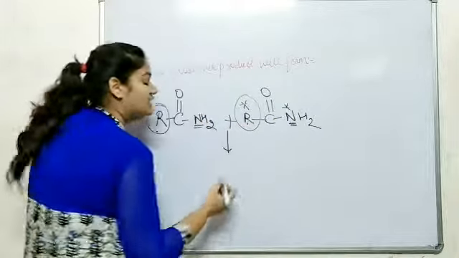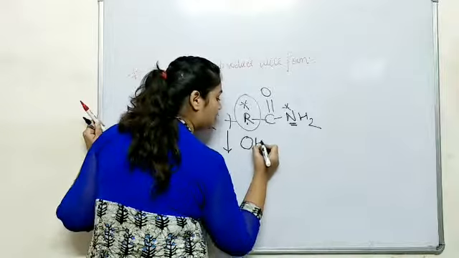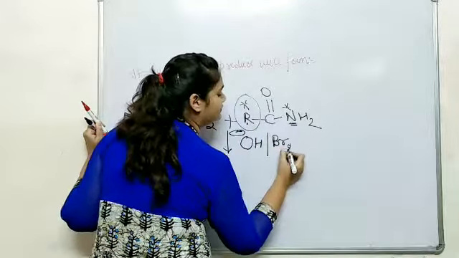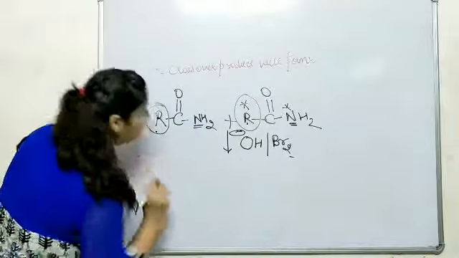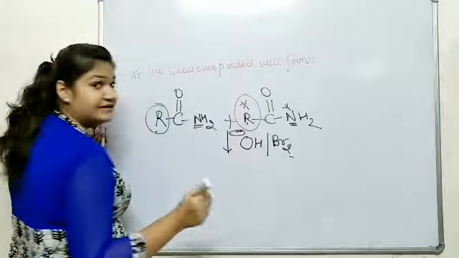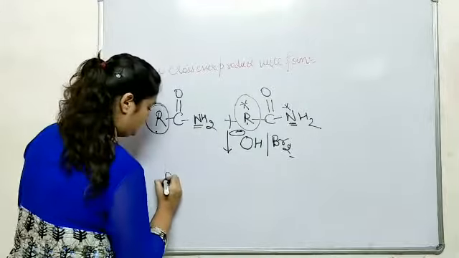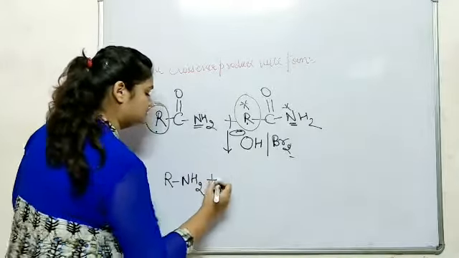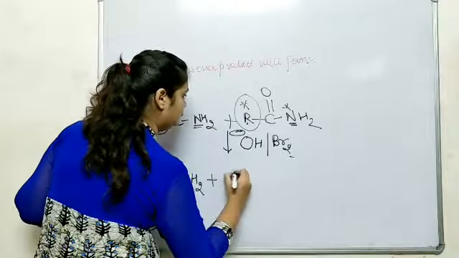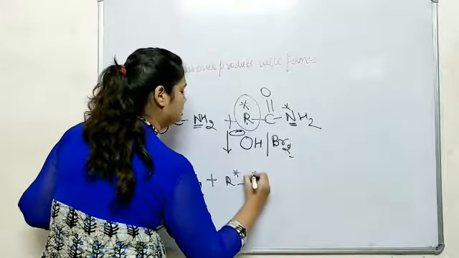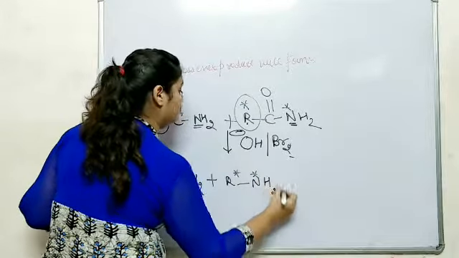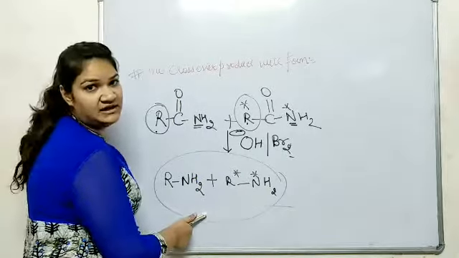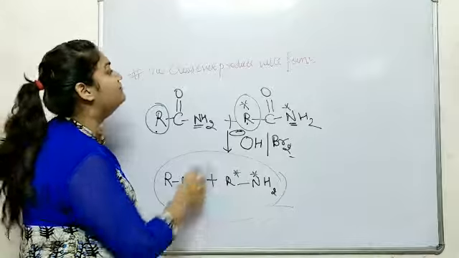So on this treatment with base OH negative and in presence of bromine, what will happen? We get two products rather than 4. R NH2 plus R star N star H2. From here, we can conclude that the reaction proceeds via concerted mechanism and there will be no